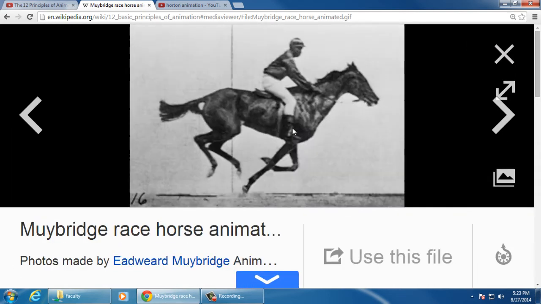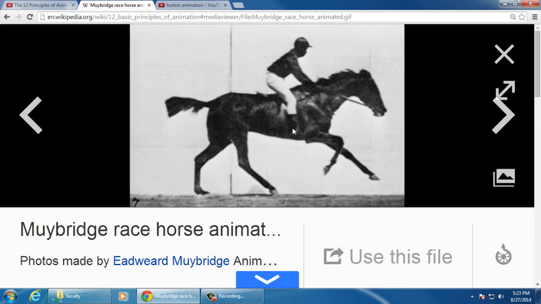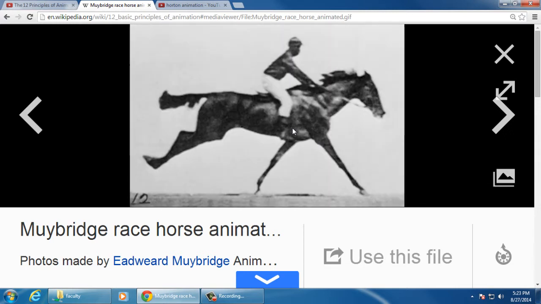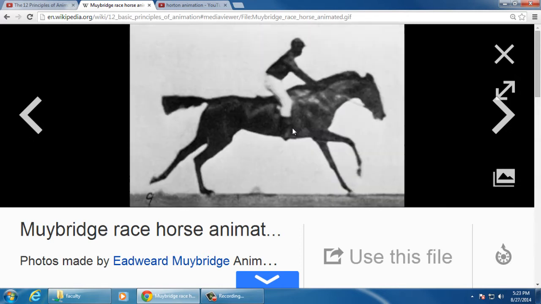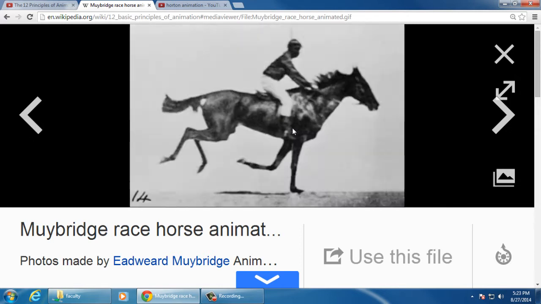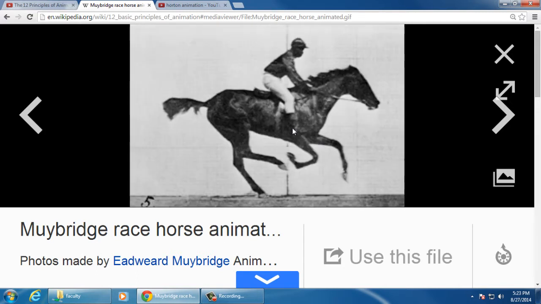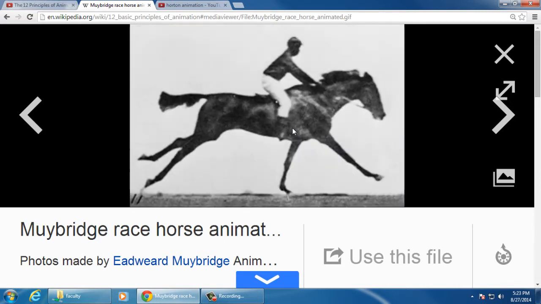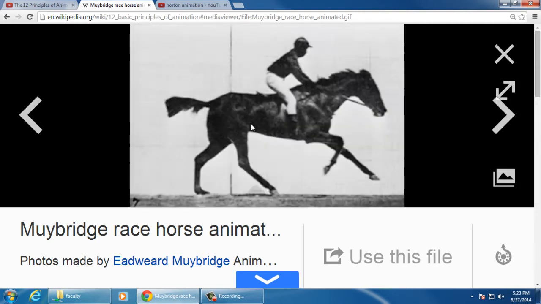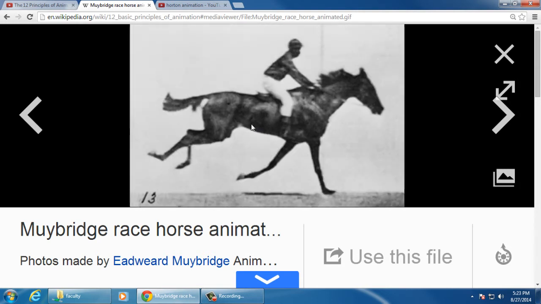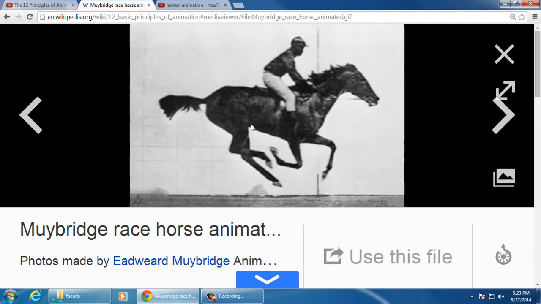Sometimes we get focused on just the basic mechanics. What is the body doing? What are the feet doing? We don't focus on what the tail is doing, what the hair is doing, what the rider is doing, or what the reins are doing. We don't focus on some of those things sometimes, but adding those things adds another level of realism